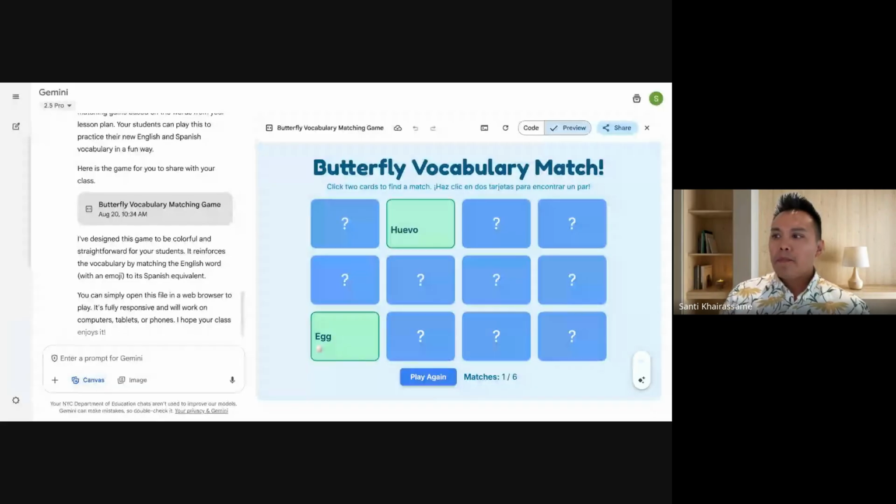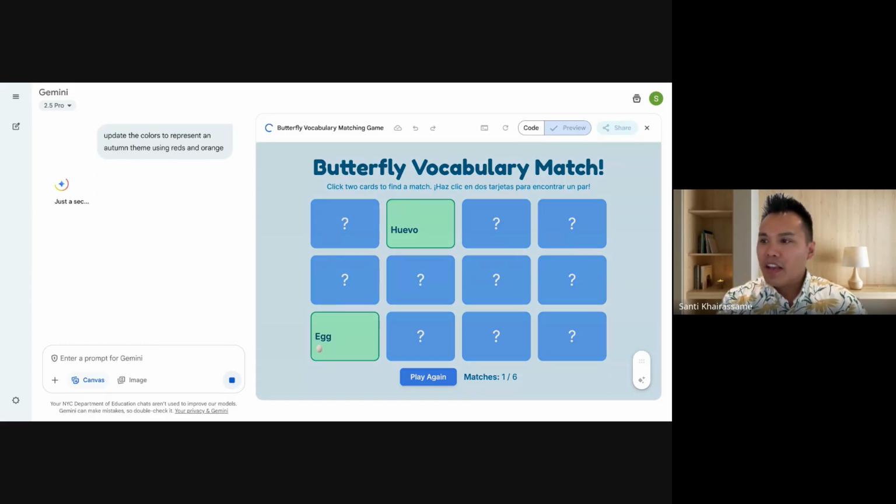So you can ask it to include images. You can ask it to update the color. Let's actually really like the colors. Let's say, update the colors to represent an autumn theme using reds and oranges.